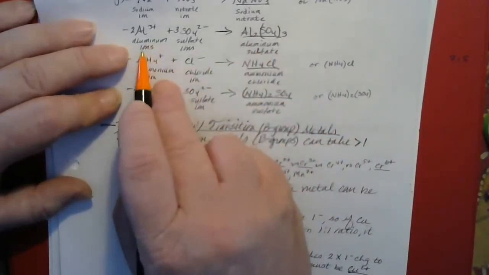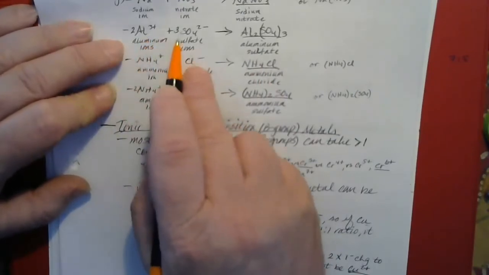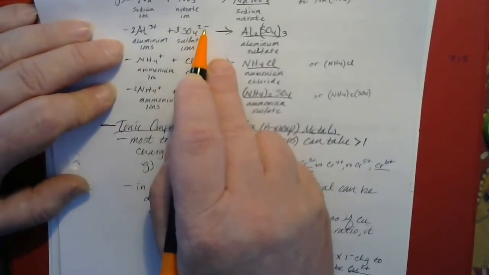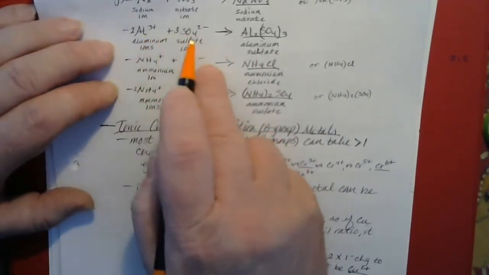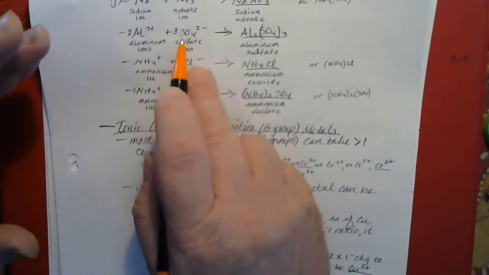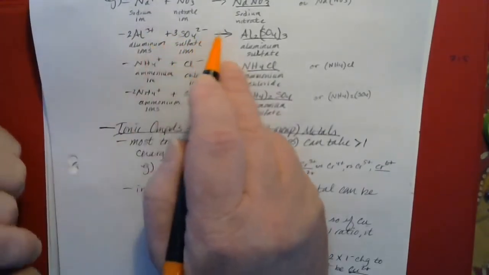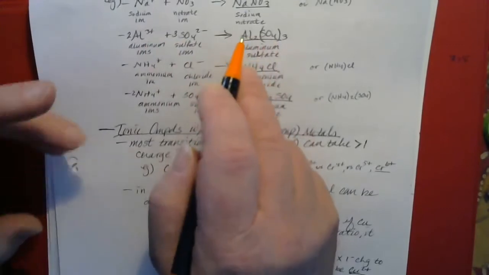We know that aluminum is in group 3A, so its ions will have a charge of +3. And we know that the sulfate ion, if you either remember it or look it up, has a charge of -2. And the only way to get those to go together so that the charges will cancel out is basically to cross multiply. The charge on one ion becomes the coefficient for the other one. So 2 goes here and 3 goes here, and those coefficients become subscripts when you put them together in the overall formula for the compound. So it's